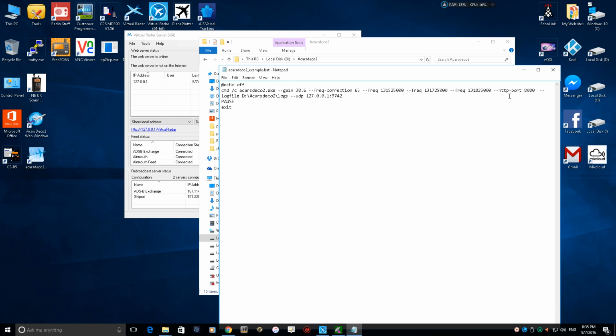Most of the other stuff, that's the port to connect to acarsdeco, and this is frequency correction and gain, VCF gain, and frequency correction to make sure it's spot on frequency. I'll set mine to 38.665 as 30.6 for gain, frequency correction 65. I can always upload this batch file,